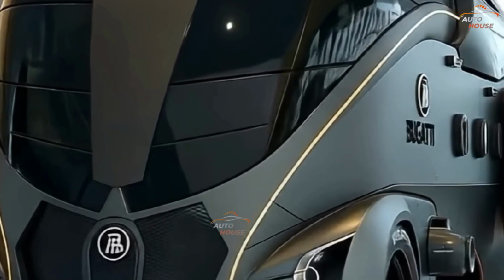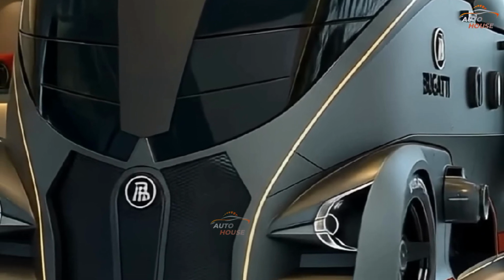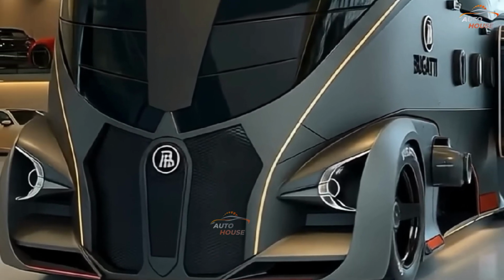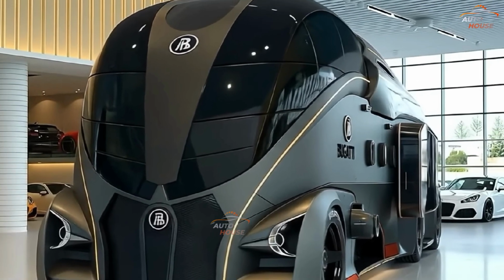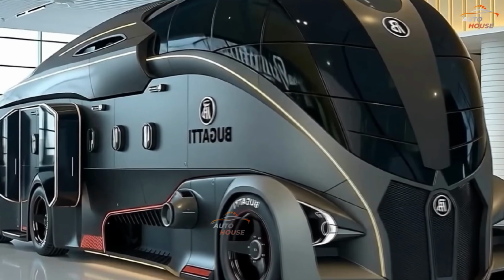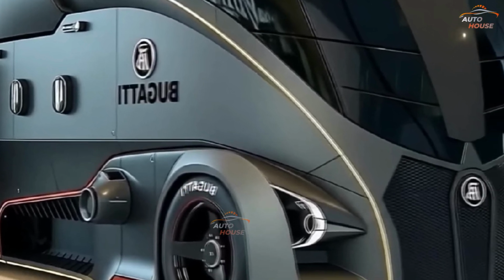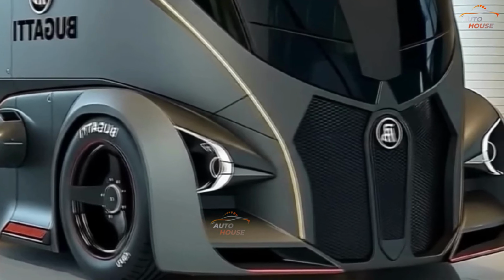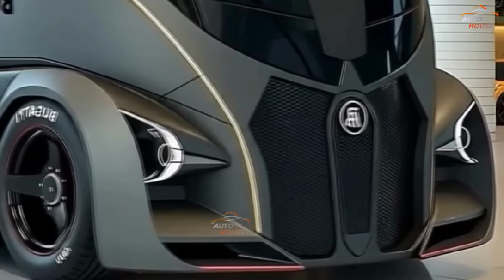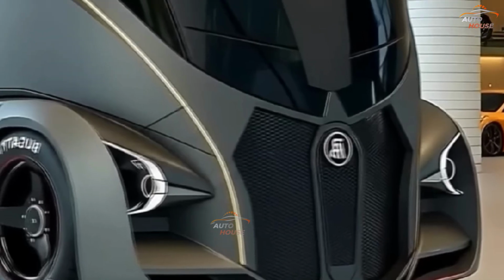2026 Bugatti Motorhome. The 2026 Bugatti Motorhome redefines the boundaries of what a recreational vehicle can be. Designed for ultra-luxury travelers, it fuses Bugatti's hypercar DNA with next-level comfort, cutting-edge technology, and jaw-dropping aesthetics. This is not just a motorhome, it's a moving palace on wheels, built for the elite who demand performance and